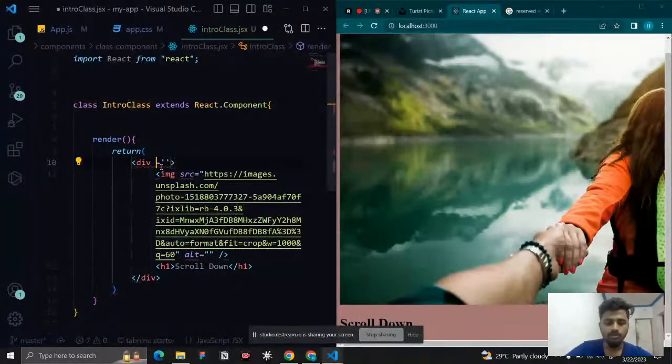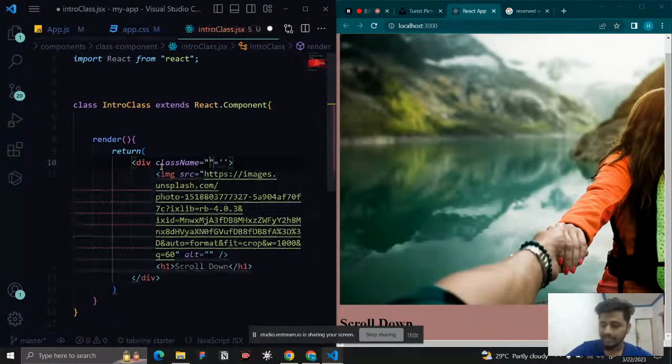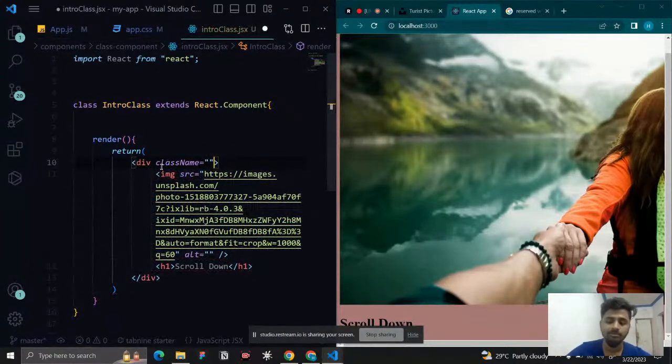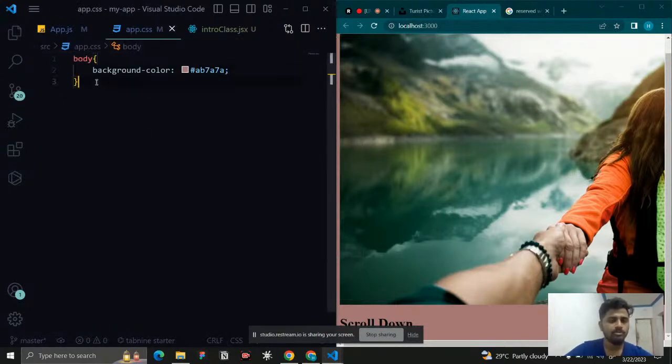So for that, we need to give className. For those reserved words, the naming is a little bit different here. Okay, so we need to give a className. So I am just going to give this container as hero. The class is going to be hero panel, like this. Okay, now what I am going to do, I just go to my app.css, and let us say